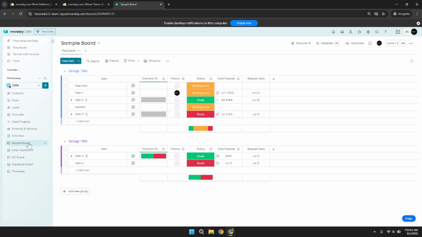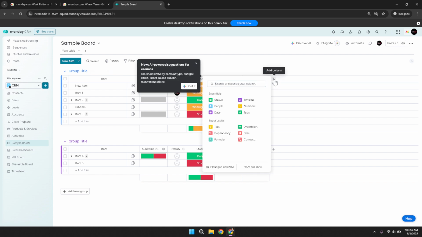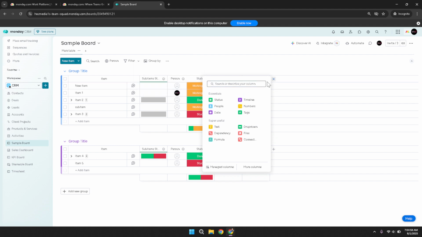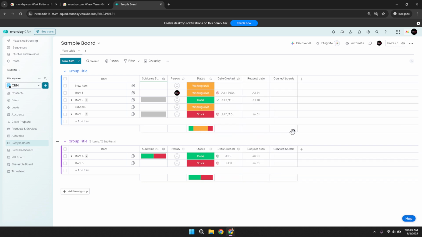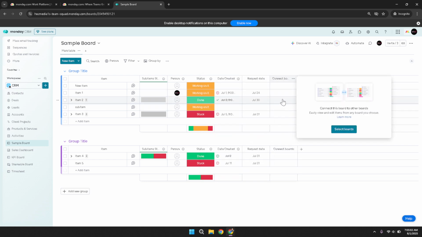Within the board, look for the table area. There you'll see a small plus icon, which is your gateway to adding new columns. Click this plus icon as it allows you to customize your boards with various kinds of columns. You'll then come across the option to connect boards. Click on Connect Boards, and this feature is what enables sync across different boards, thus keeping everything you or your